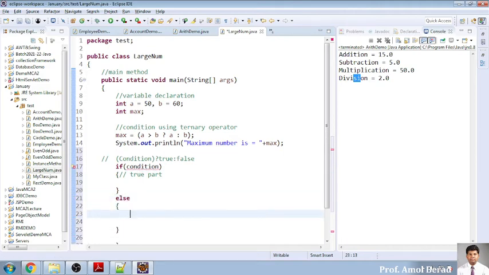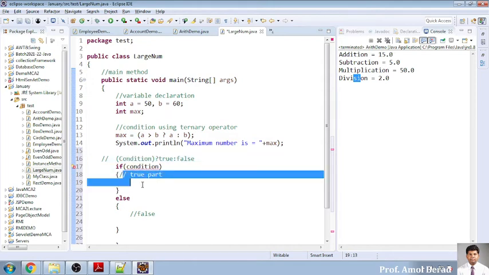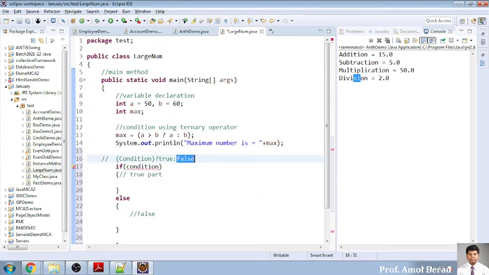We call it the false area. So what the ternary operator did is take this condition and put it here. This is the condition, and then the question mark. If the condition is true, this part will be executed, and if the condition is false, this part will be executed.